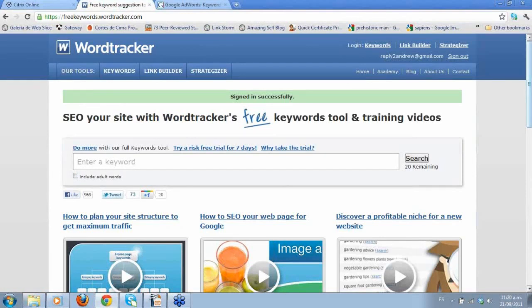Okay, so this technique starts at wordtracker.com. That's freekeywords.wordtracker.com. And there's the free keywords tool, which is annoying in that now you need to sign up for this free account with them in order to use more than 1 or 5 searches, I think it is. So what you do if you want to follow this is you go to freekeywords.wordtracker.com,